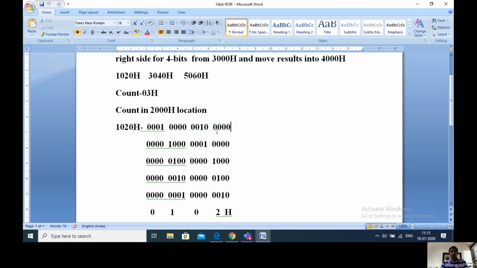First, let us see the first bit rotation. Right side means like this it will rotate. Okay, like this. So for every bit rotation into right side, what happens? This LSB bit will come to the MSB bit position, whereas for left side rotation, in the previous video I explained, the MSB bit will come to the LSB position, whereas for right side movement the LSB bit will come to the MSB position. Then the remaining bits will be rotating one bit position into right side.